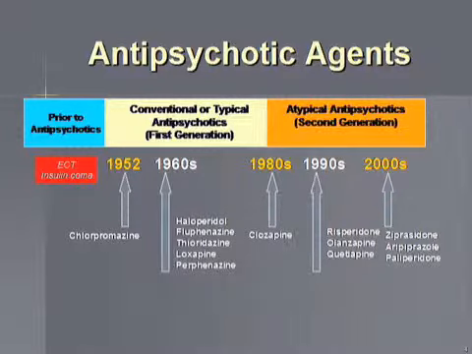Talking about antipsychotics, we have 18 antipsychotics available here. They're classified into first generation and second generation agents. Now, clearly, these two are not homogeneous classes. There's significant heterogeneity across these classes.